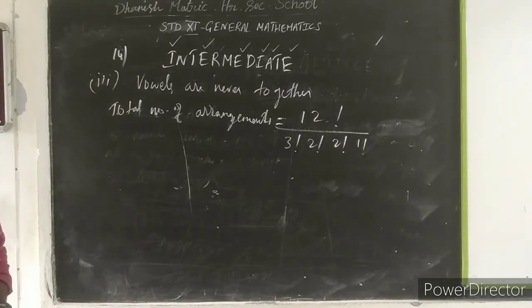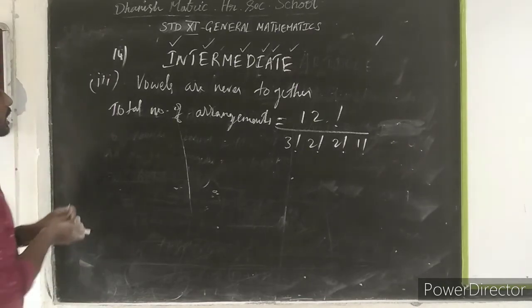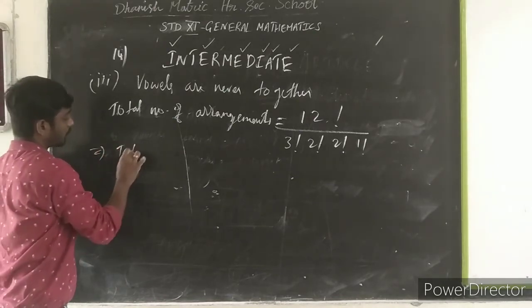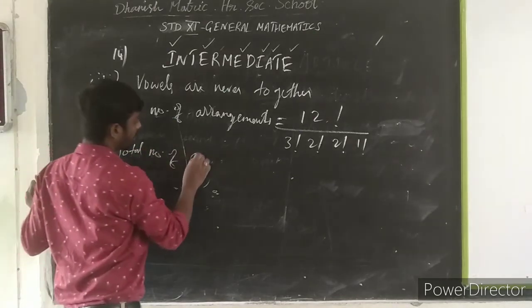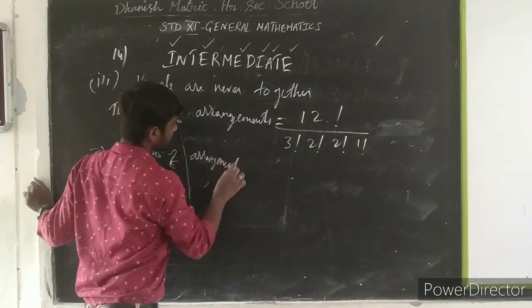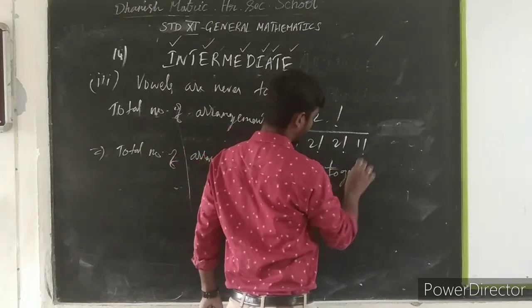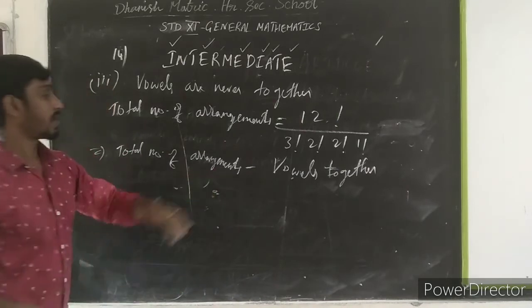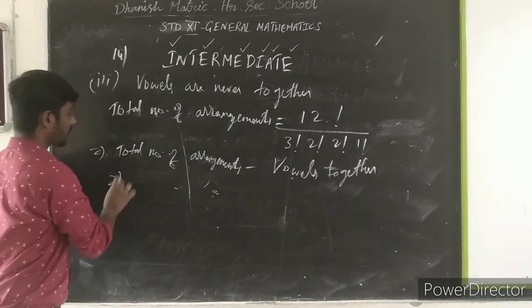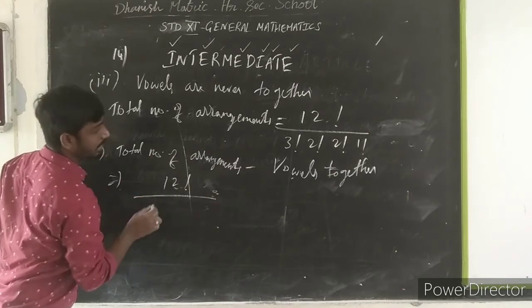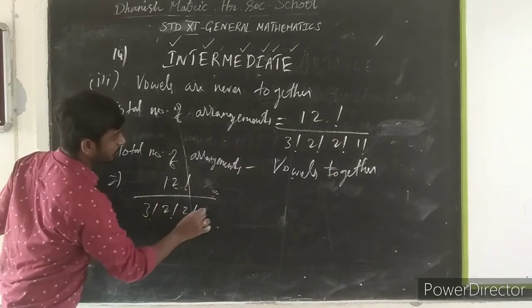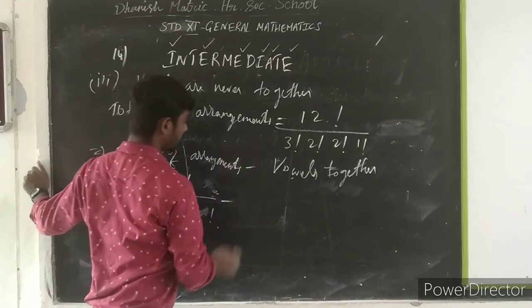Number of arrangements when all the vowels are together. When all the vowels are never together: total number of arrangements minus the arrangements with vowels together. So here we have 12 factorial divided by 3 factorial, 2 factorial, 2 factorial, 1 factorial, minus